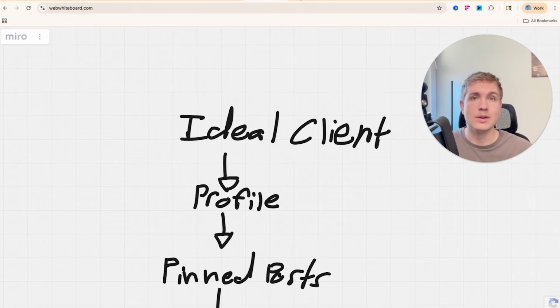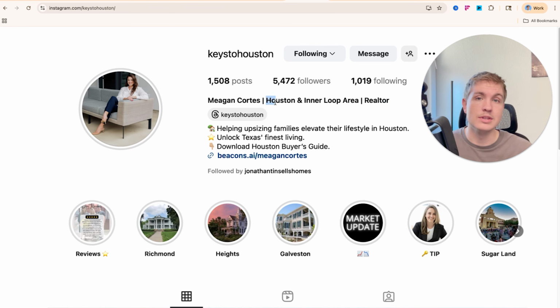But you also, again, want to figure out your locations. I usually like to say for a bio, I'm sure you see this line up here all the time. This bold line up here is searchable. That is why we add terms like realtor, and what I like to say is large city and smaller area. So you can get your clicks and your searchability terms from people looking at Houston realtor, but also inner loop,